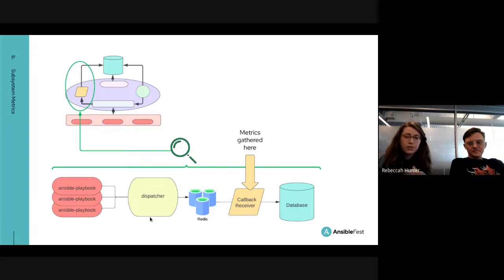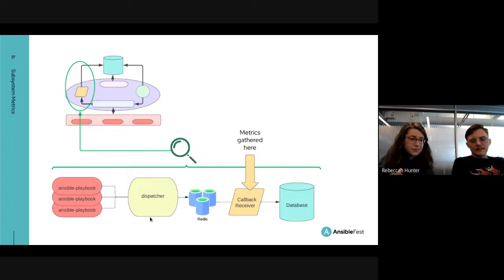So we want to be able to handle the bursty nature of Ansible playbooks, of jobs, because if you're running a lot of things at once, which a lot of users do, we want to be able to keep up with that. So we want to watch this, but we actually do want something like Redis that can queue stuff up until the callback receiver can actually handle that and shove it into the database. This also means that we're not kind of like willy-nilly opening database connections. It's a measured thing.